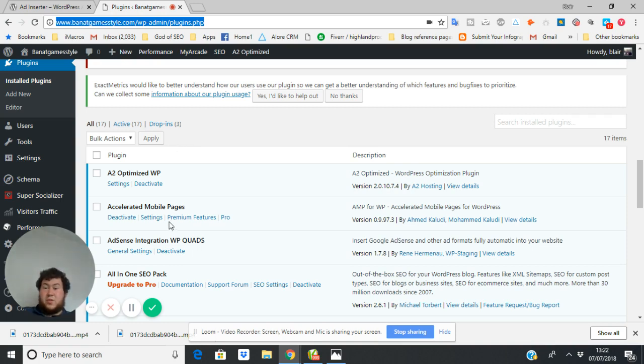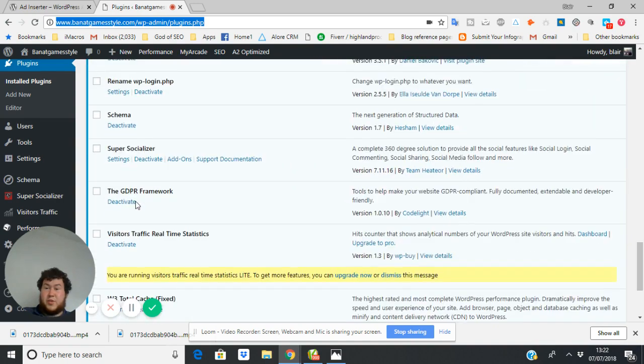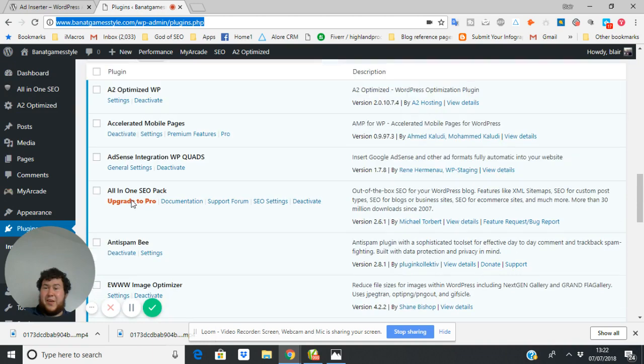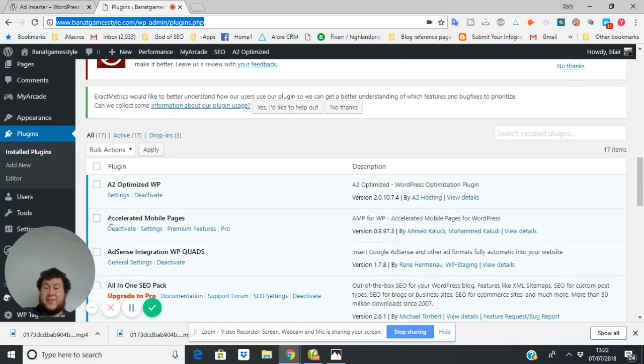One of the ones I use is called AdSense Integration WordPress Quad. You can use more if you want to, it's completely your choice. I found in my experience this one works the best. I have used, to be truthful with you, probably about 100 different plugins. The only ones I can see which work well, in my experience, is AdSense Integration